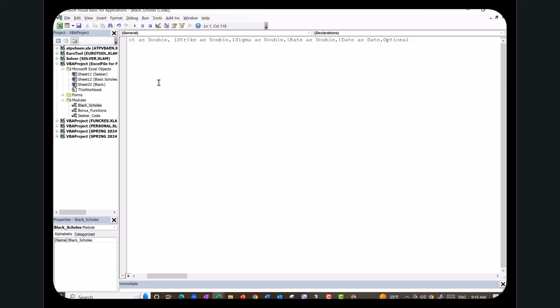let's call this iPut as Boolean. Boolean is a data type that takes only two values, true or false, okay? And since it's optional, I can provide a default value as double. That means if I leave that last argument out, it's going to assume that we're doing a call, right? Now,